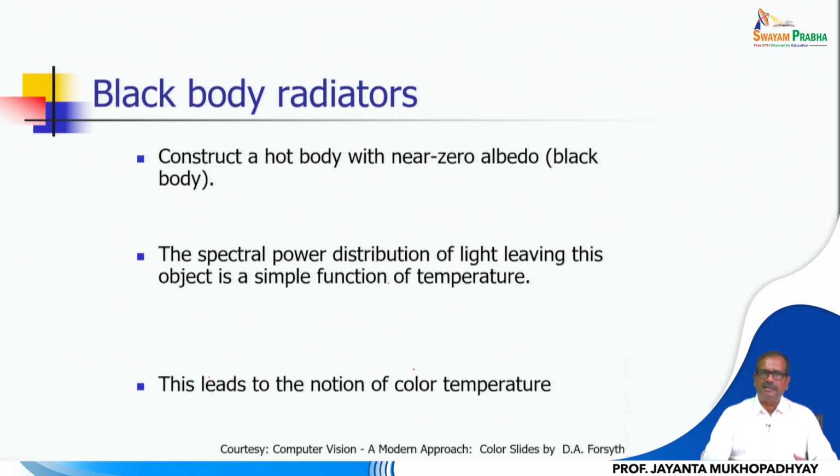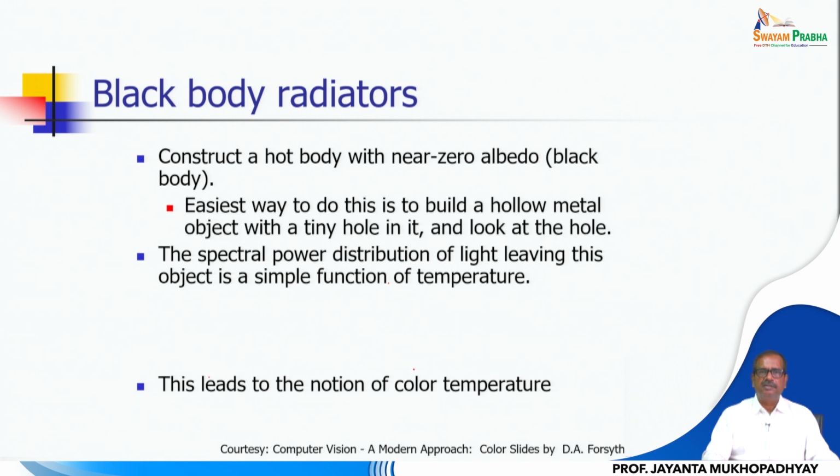It is simply a radiator with near zero albedo. So it is basically a black body. It absorbs, rather it does not reflect any amount of energy. It simply absorbs whatever energy is incident, and as a result it attains a certain temperature, and then it acts as a radiator, and it emits electromagnetic radiation from that